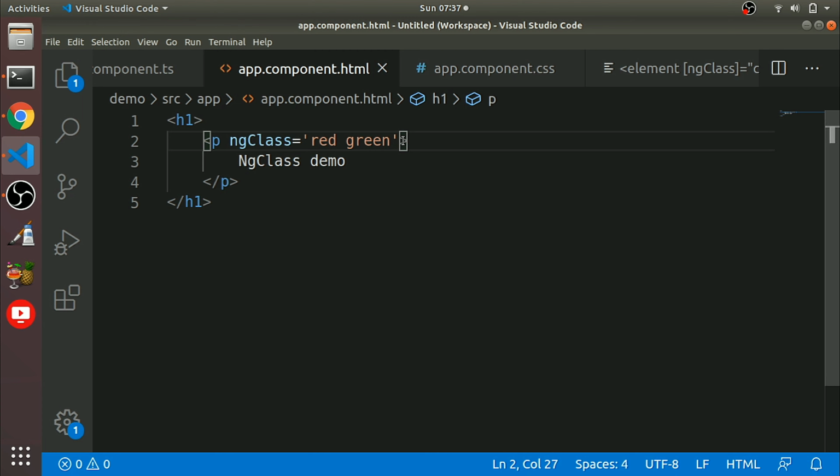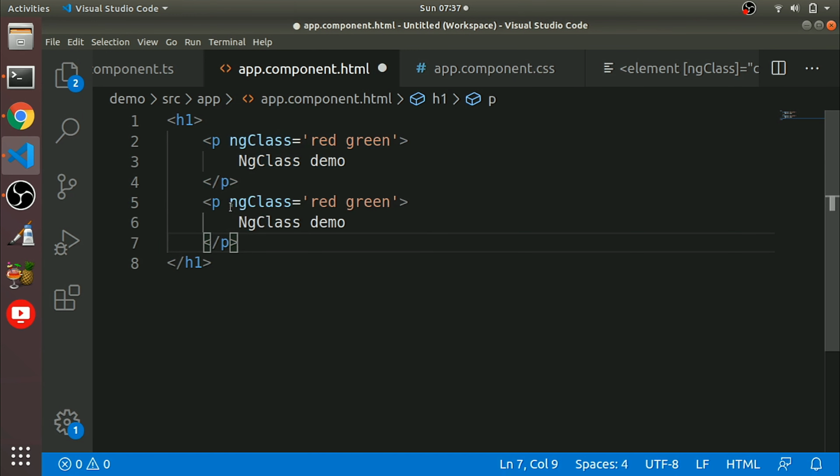Okay, next we will have ngClass with arrays. We will show how we can use it. I'll just copy and paste this one, the class demo, as array demo.